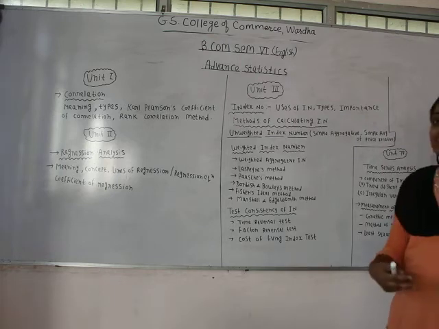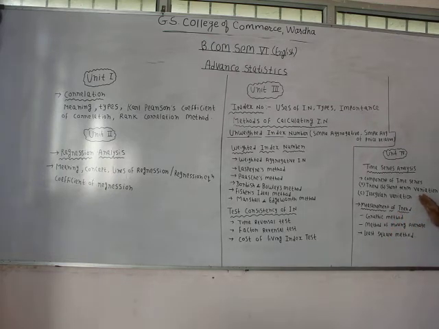Then we will see some numericals related to measurement of trend. So here we will see three methods for measurement of trend. First one that we are going to see here is the graphic method. So we will deal with some numericals of the graphic method for the measurement of trend. Then we will see the numericals of the method of moving average for measurement of trend. And the third and last method under the measurement of trend is the least square method. So we will see all these methods for measurement of trend under the fourth unit, and after completion of this we would be done with our syllabus.